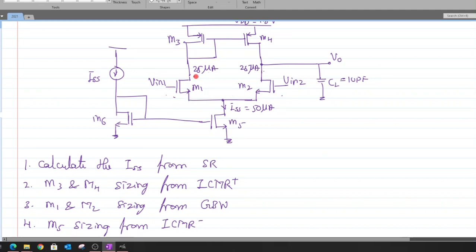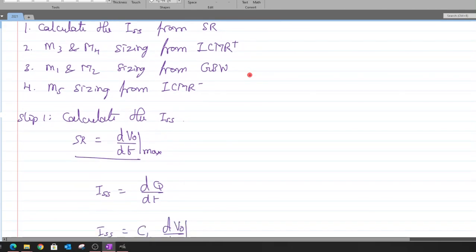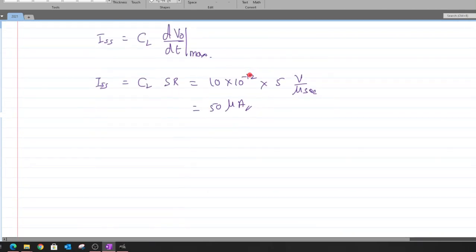We'll talk about that, okay. So this is under the equilibrium condition. The currents through the transistor from M1 all the way to M4, we will have a current flow of 25 microamperes under the equilibrium condition when the VID is equal to 0. Clear? Yeah. So now that we know the current, the next step is to calculate